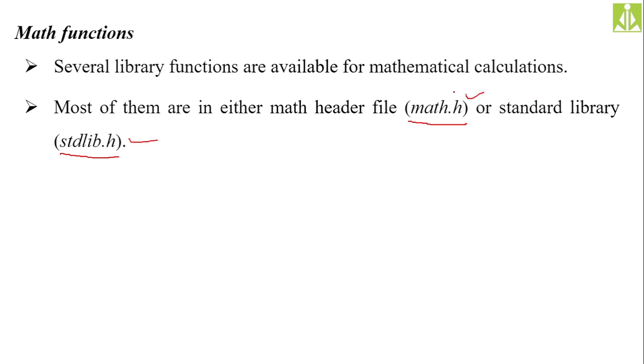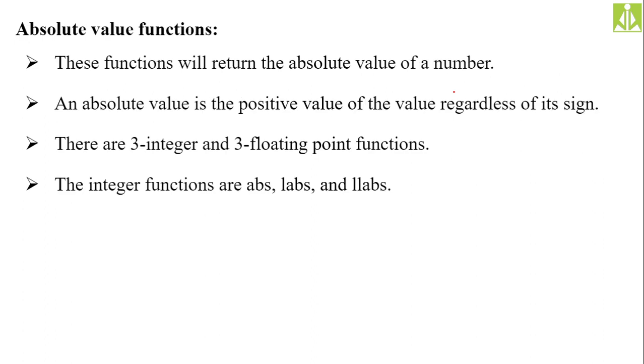Hopefully you understood. So the next thing, the categorization has started. We discuss the absolute, ceiling, floor, truncate, round, power, and square root functions. All these functions we will discuss one by one: what is the meaning of each function, how it operates, and what output you will see when you use it in a program. Not only that, we also see a program example for each of these function categories.